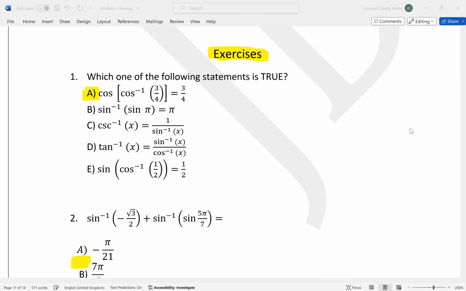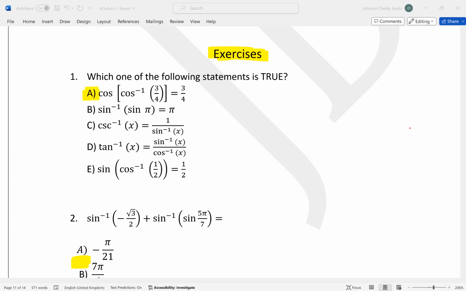All right, so hello. Here we'll be solving some exercises related to 6.5. The first question says, which of the following statements is true? You can see that the first one is true